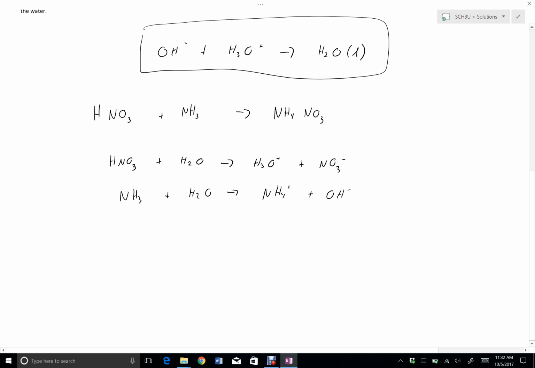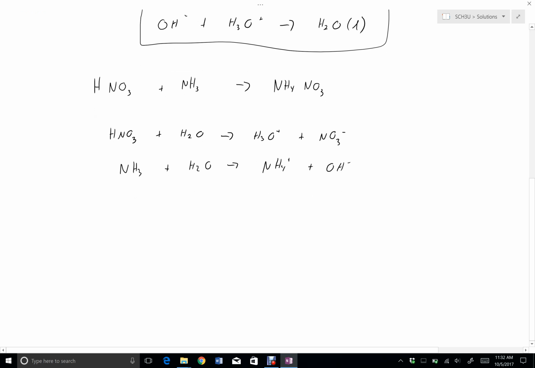The full ionic equation then, when these two things react with each other, is that H3O+ plus NO3- is reacting with NH4+ and OH- to produce NO3-, spectator ion, remains unchanged, NH4+, spectator ion, remains unchanged, and 2 water molecules. So if I take out my spectator ions,